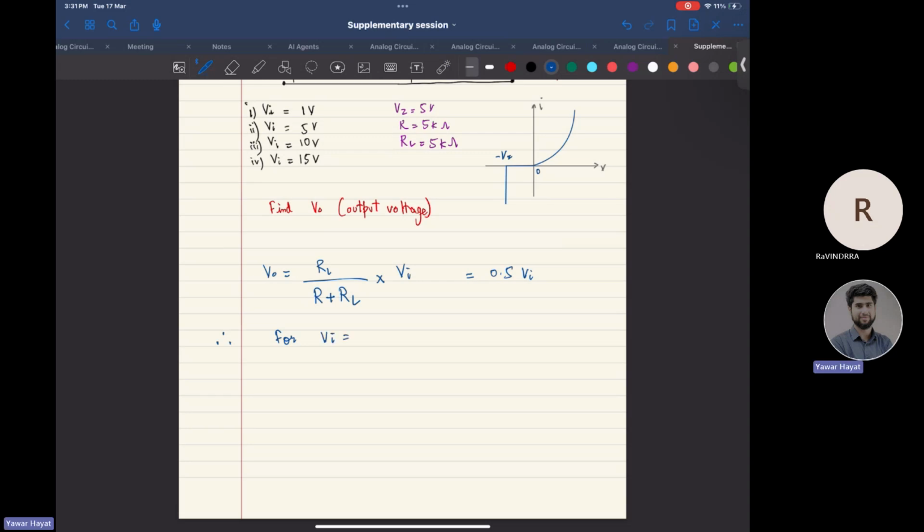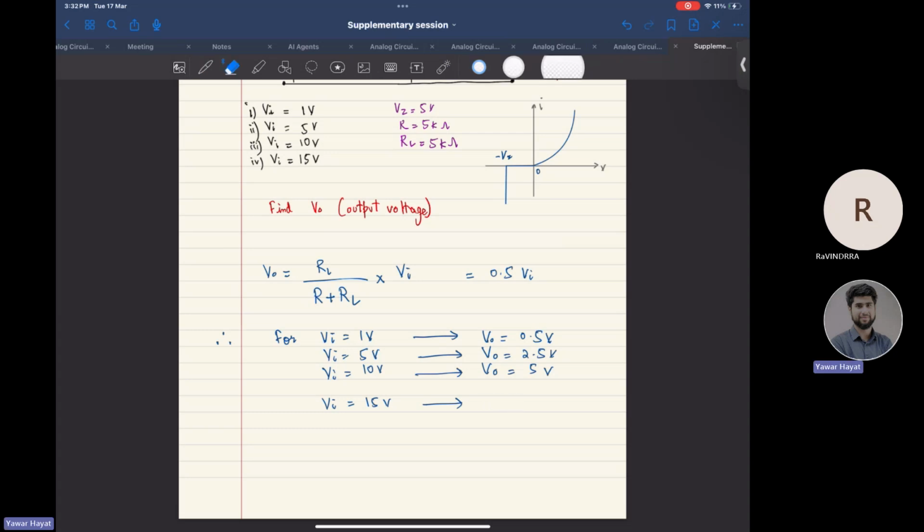For VI equal to 1 volt, our output voltage would be 0.5 volt. Likewise, for VI equal to 5 volt, our output voltage would be 2.5. Similarly, for VI equal to 10 volts, our output voltage would be 5 volts. VI equal to 15 volts, our V out would be